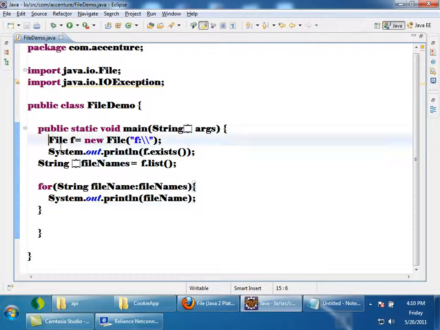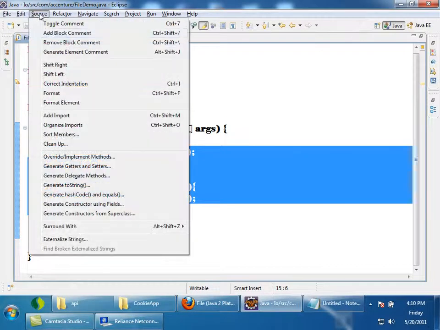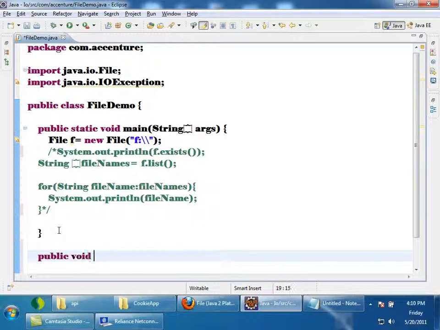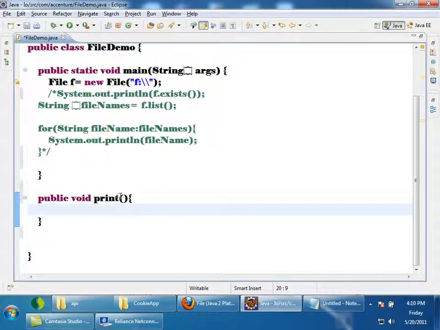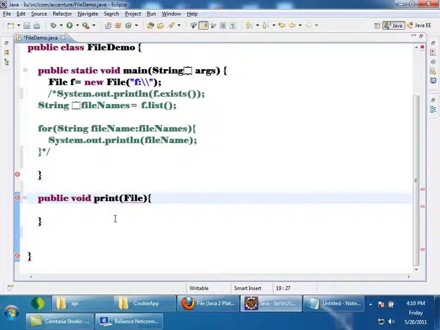Okay, now I'm just commenting the existing code. See, now I am writing another method, public void print, and I will make this print method take a file object, File f.